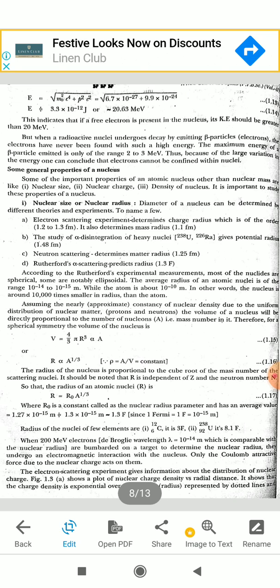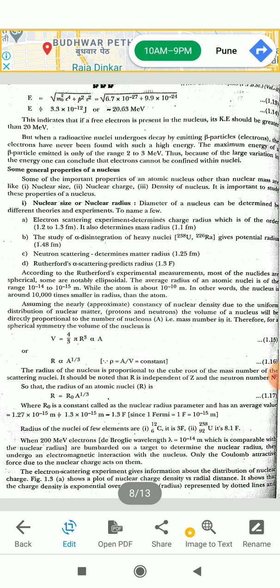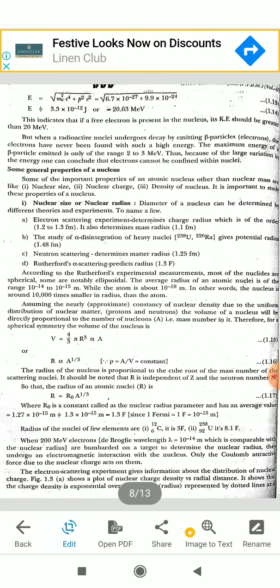But in that nucleus, the neutrons and protons undergo some decays, emitting electrons. In that case, the kinetic energy of those beta particles is 2 to 3 mega electron volt, and it can vary.